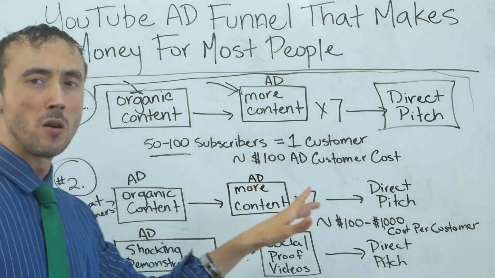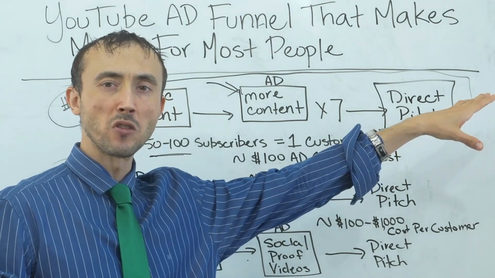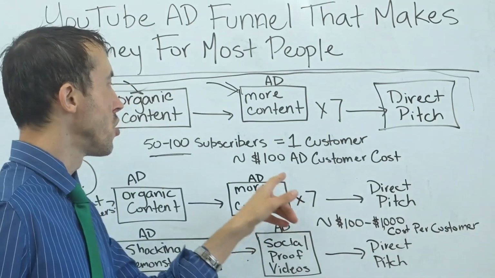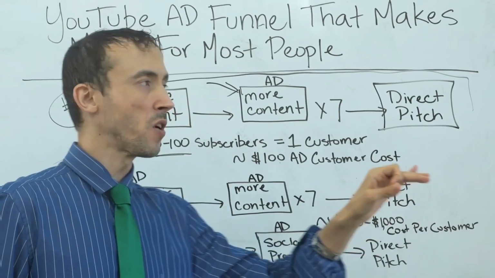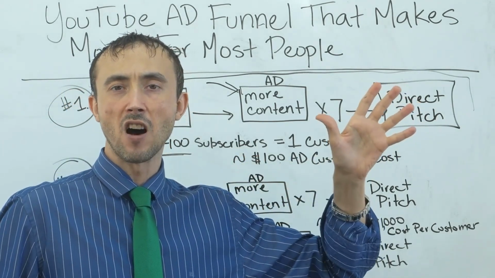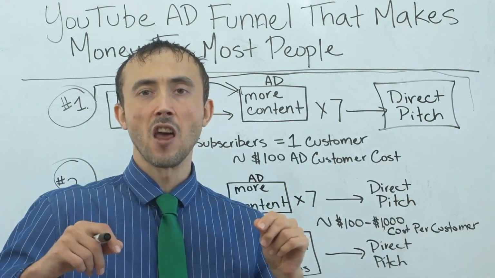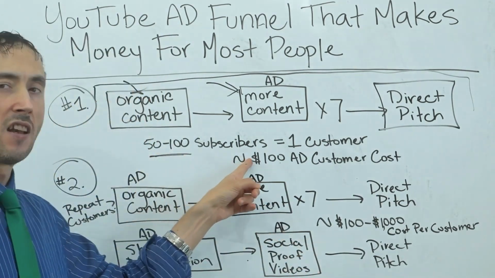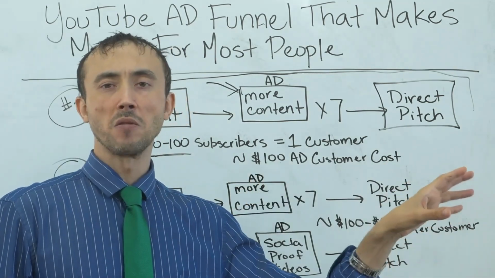And with that, if you want to know the advertising cost of running these video ads on the back end to each person who finds your videos organically on your channel, you're usually talking about $100 worth of advertising cost per customer. So for each one of the customers you get, you can assume you're going to have to spend about $100 worth of video ad cost to get that customer. Obviously, it's not $100 to get that exact customer. It's $100 for each customer. Because you're going to market to 50 people to find the one, and the cost to market to those 50 people is going to be about $100 worth of ad cost. So you understand what I'm talking about here.